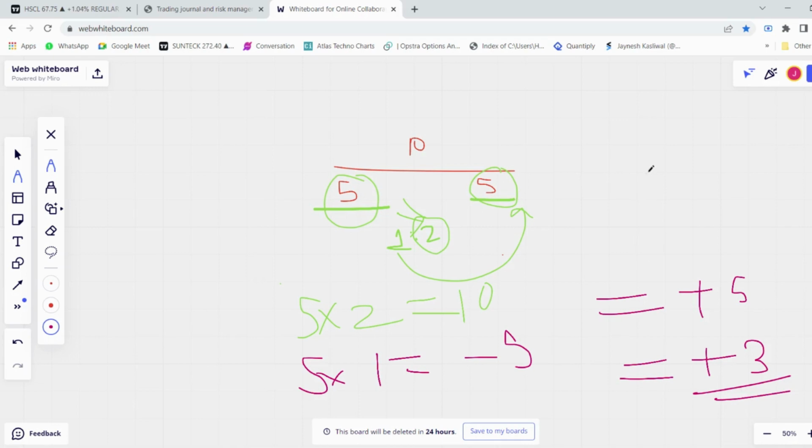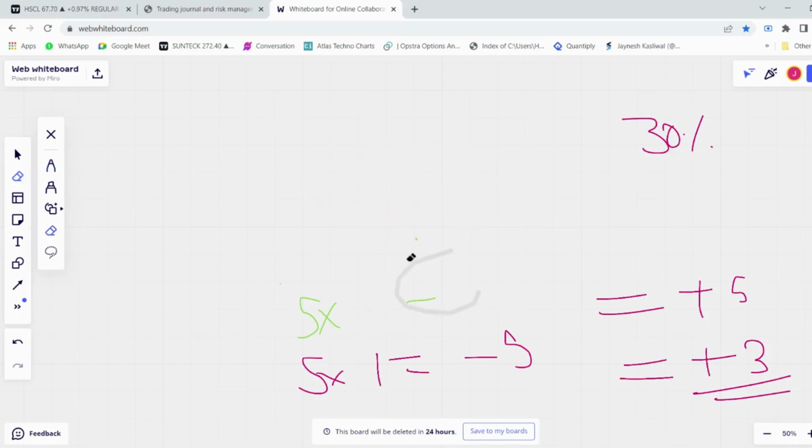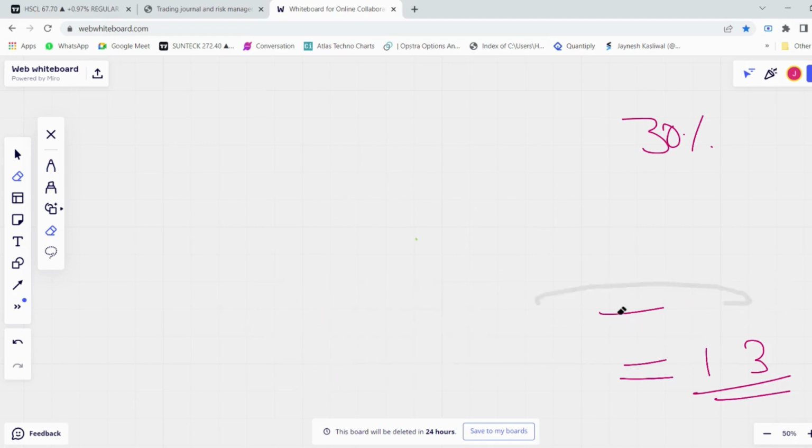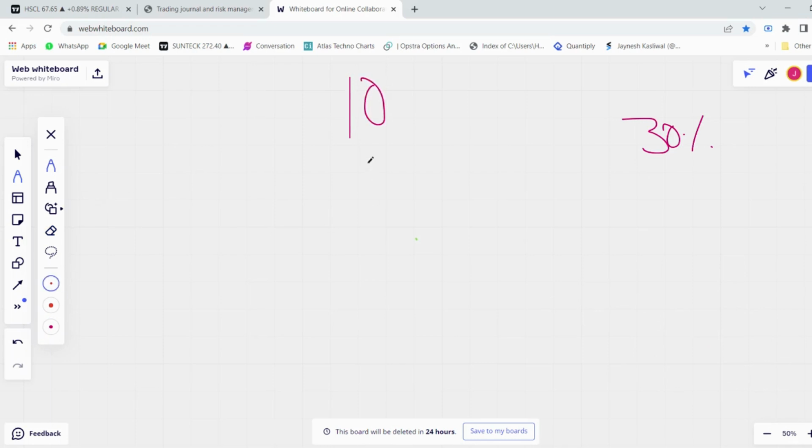And as the win ratio changes, for example, you can be profitable even with a 30% win ratio. How can you be profitable with a 30% win ratio? Then you need a risk to reward ratio of more than 1 is to 3 to be profitable. Let us see an example of how we can be profitable with only a 30% win ratio. Let us say that we have taken 10 trades, and in these 10 trades, we have only 7 trades that are loss making, and 3 trades that are profit making, right?